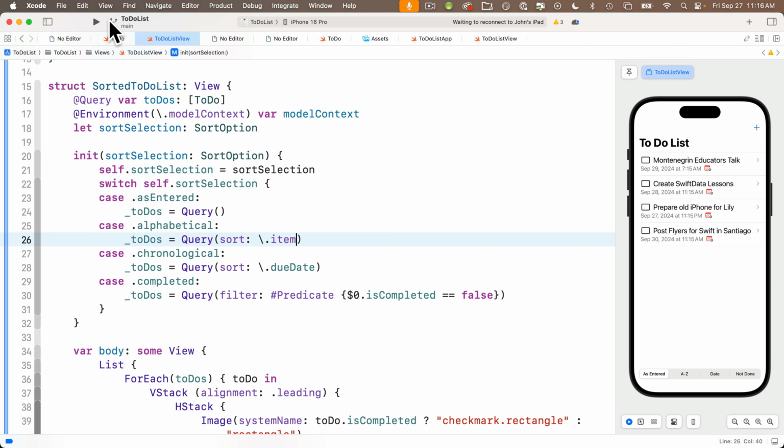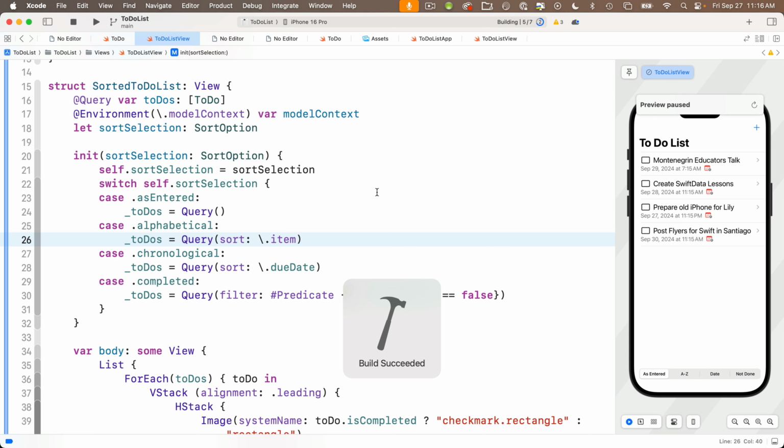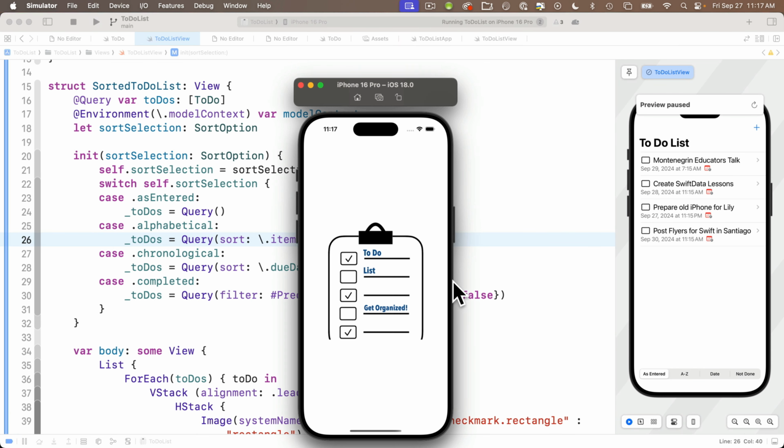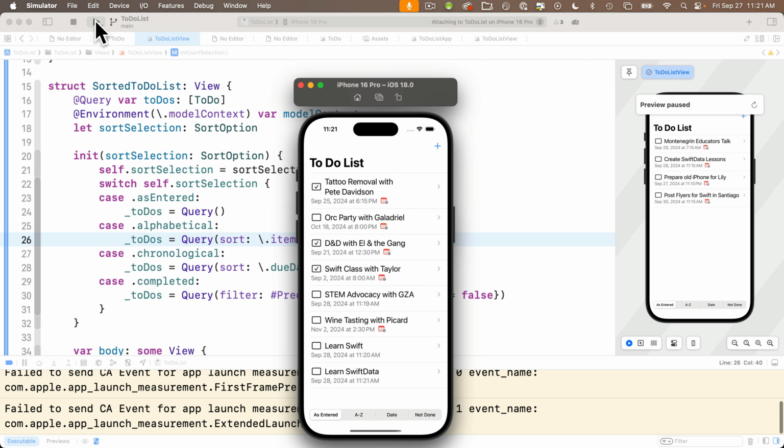So play to build and run, and say it with me. Hammer time! That's a celebration of successful code. And we see our error-free app, our launch screen, and this is data that I entered earlier when